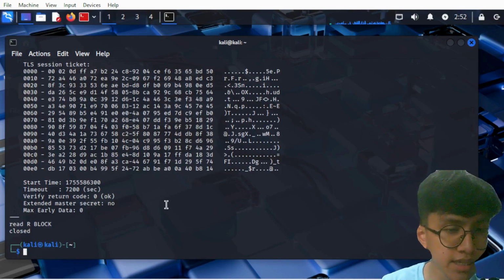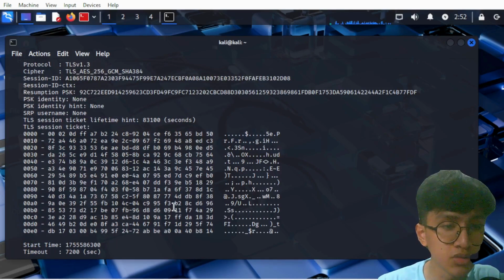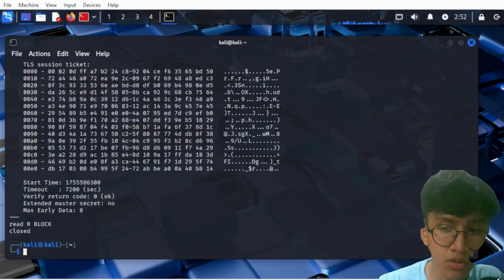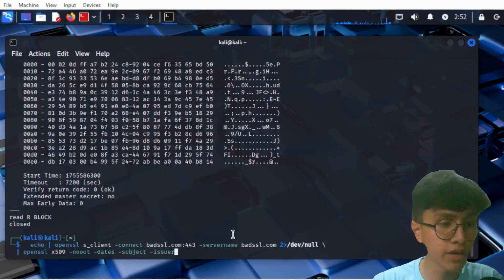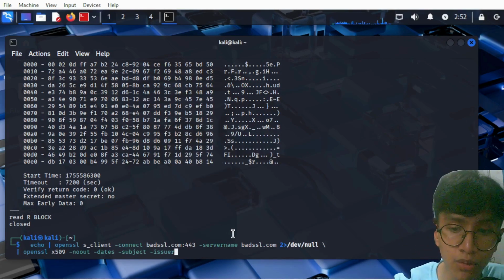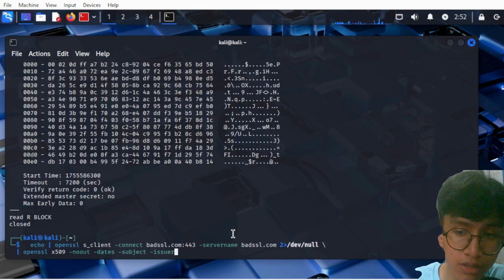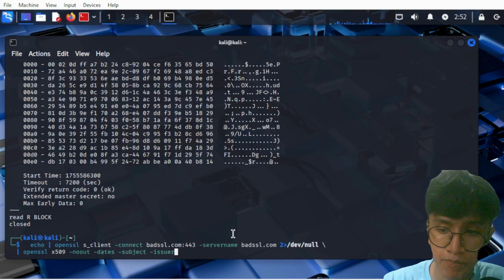This kind of raw data is really too much for us to identify. So we can use some filter commands to see the essentials of the certification that we're looking for. For example, we're gonna use openssl x509, a tool for X509 certificates, to filter out the essentials in reading the certification.